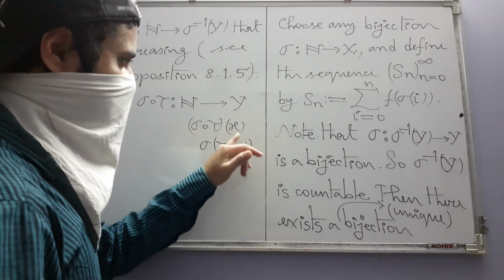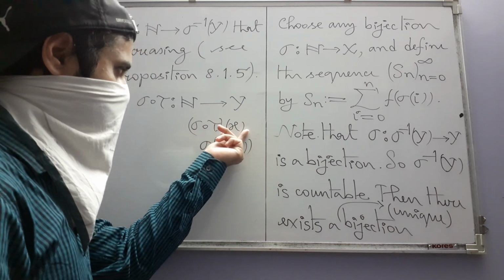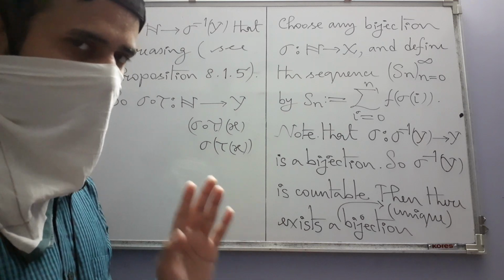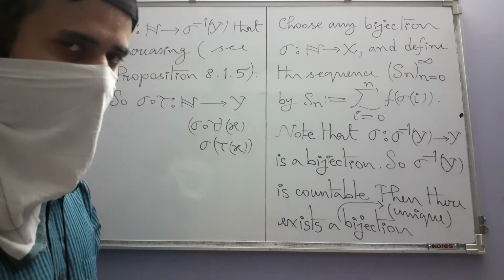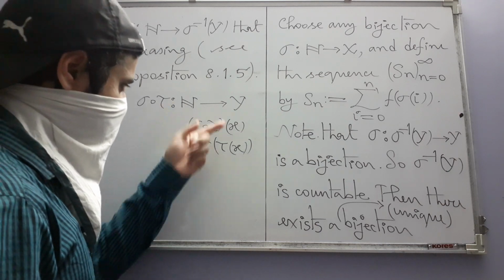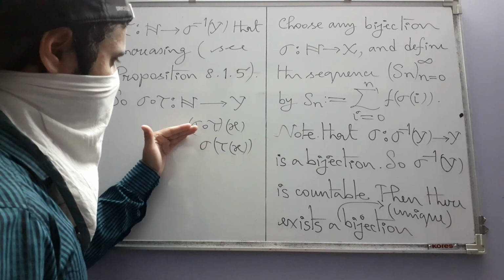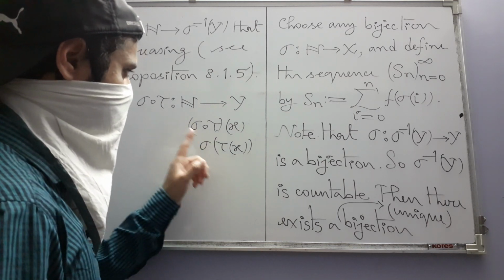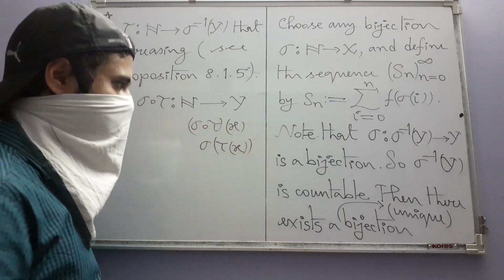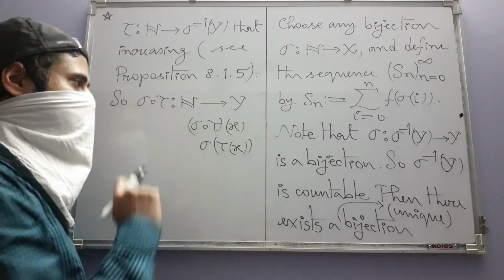Some authors, particularly algebraists, like to write x on this side. There is a reason for that. That is not an arbitrary choice. For them, this same composition would be tau composition sigma. So that's why, while dealing with compositions, you should be absolutely clear which one of the two function notations is being used. We are using this notation, so that's why the composition looks like this.